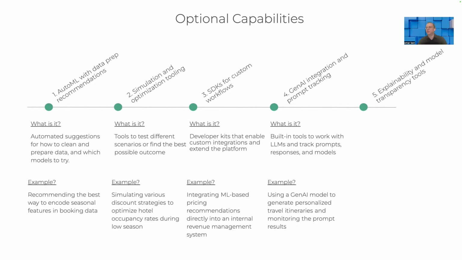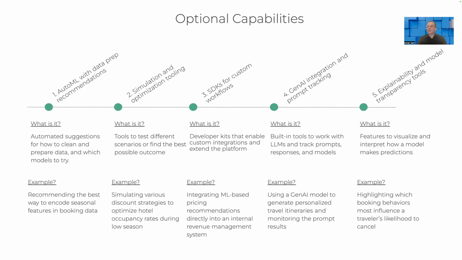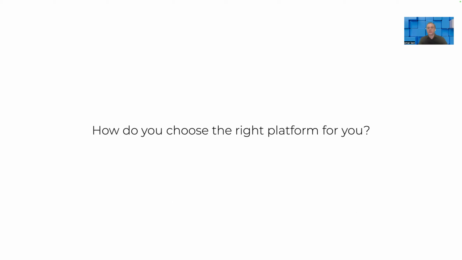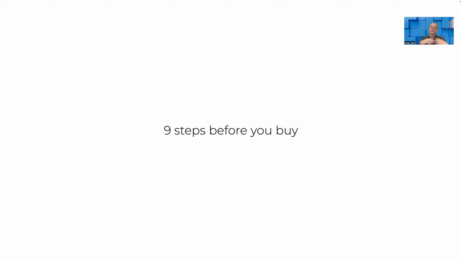And fifth here is the explainability and model transparency tools. So these are features to visualize and interpret how a model makes predictions, highlighting which booking behaviors most influence a traveler's likelihood to cancel, for example. So how do you choose the right platform for you? And here we have 9 steps before you buy that will help you decide which platform is the right one